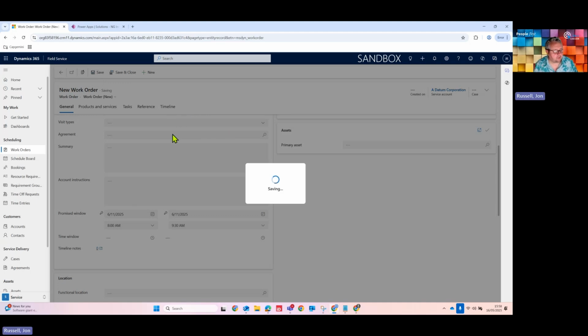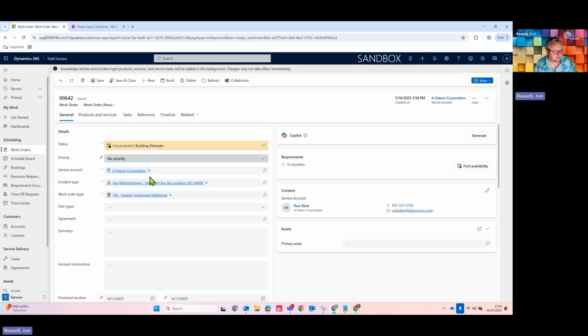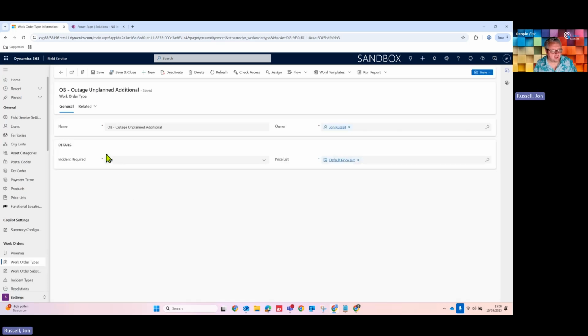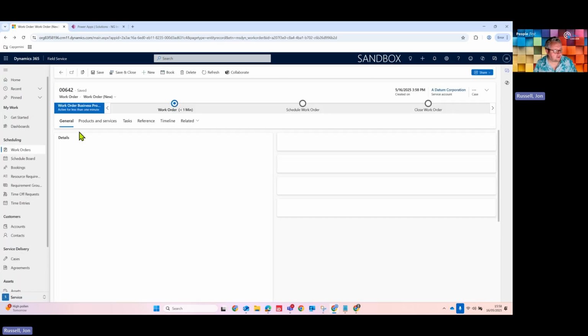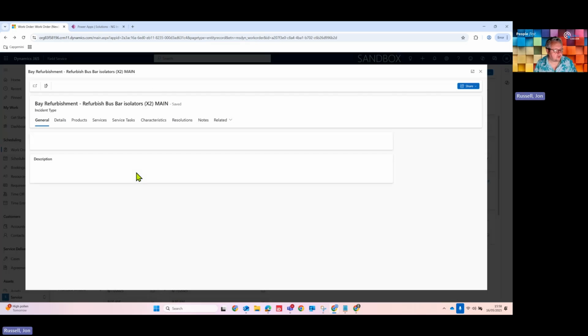What that's going to do in the background is bring in the products and services and any tasks that are associated with that incident type or work order type. If we look at the work order type, we can see here that it's using this price list. But more importantly, if we go back and look at the incident type,